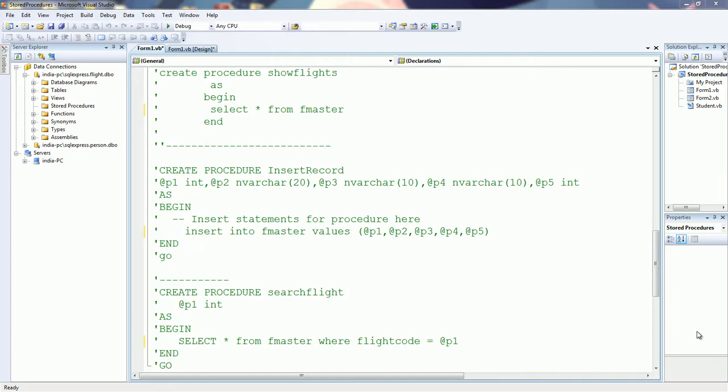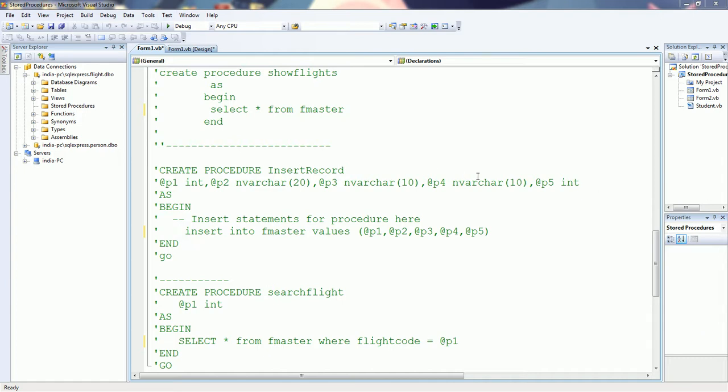Today we are going to learn a very interesting and important topic, stored procedures. What does procedure mean? Functions, and stored procedures are functions which are permanently stored in the database. Before going through this lecture, if you don't know how to create a database in SQL Server, I suggest you watch database connectivity lecture number 4. Then you will easily understand this concept.